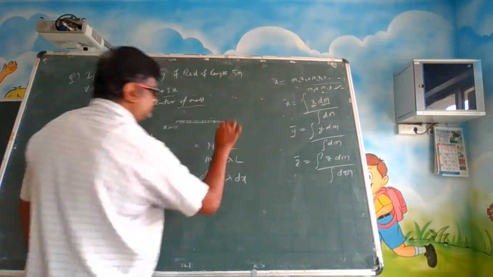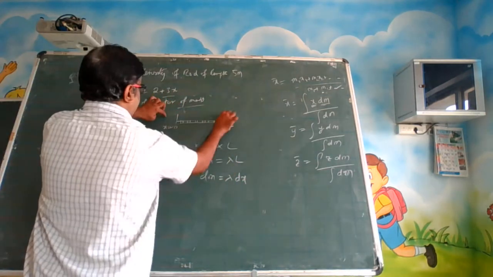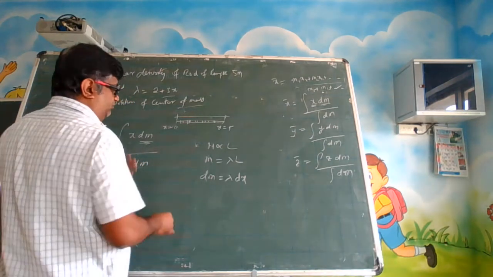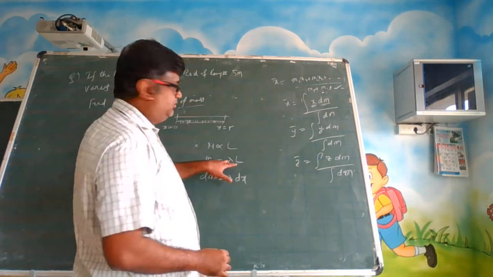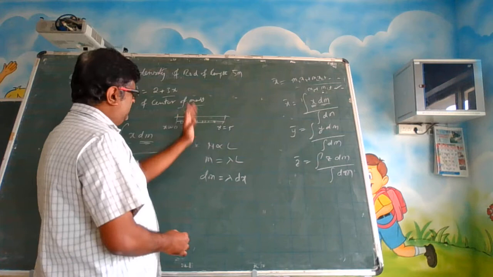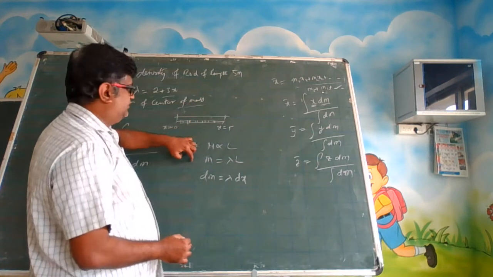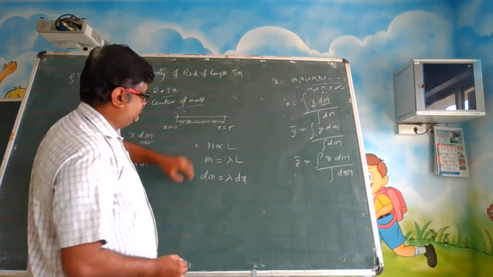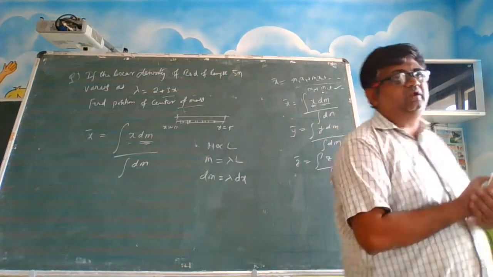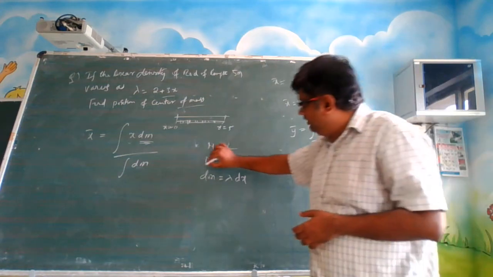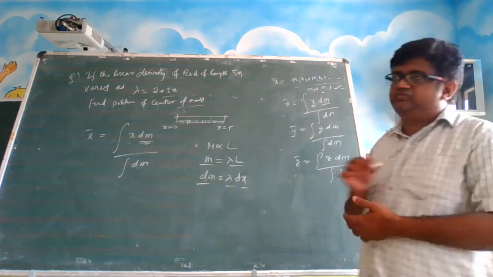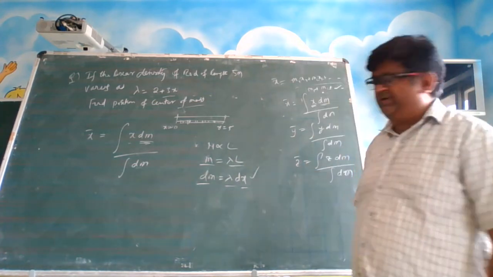Look, L is the total length, and dx is a small piece, right? We have seen that lambda is constant. If you take the full length, you get the total mass. If you take half length, you get half mass. If you take 1/4 length, you get 1/4 mass. So this mass is distributed along the length equally. So if for the total mass it is lambda L, even for the small mass it is lambda into dx. This is the main point you have to catch.